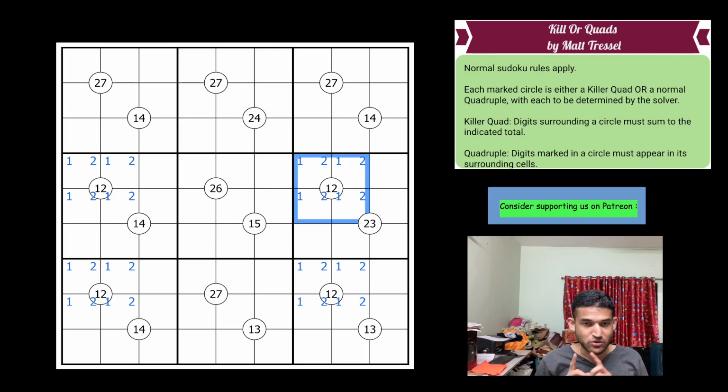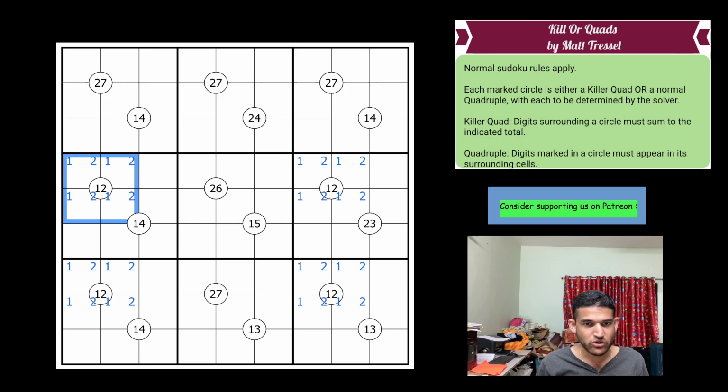But now the rules come into play. Each marked circle is either a killer quad or a normal quadruple. You can see that the quadruple is already satisfied in these 4 cells. So now it cannot be a killer quad anymore, which means that these 4 cells cannot add up to 12, right? So all these are